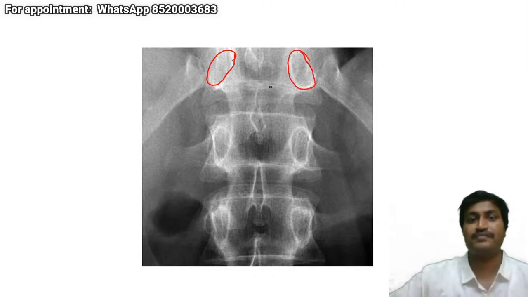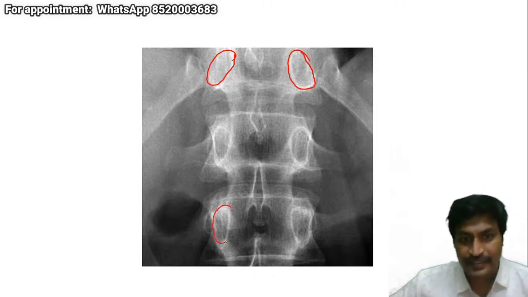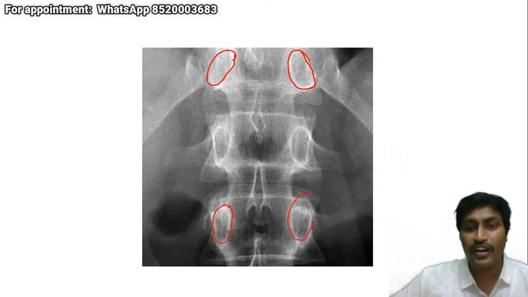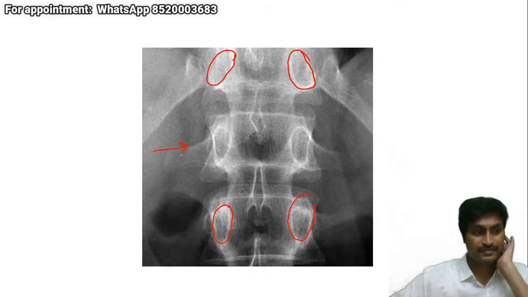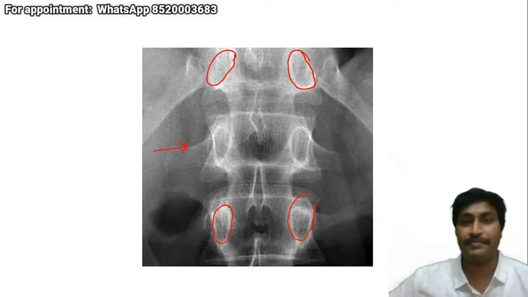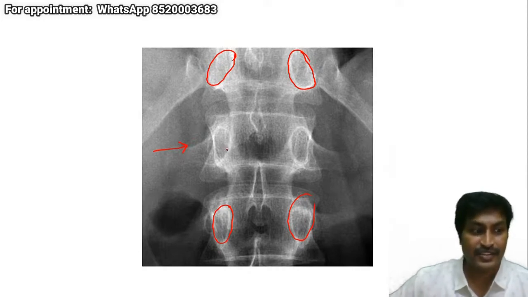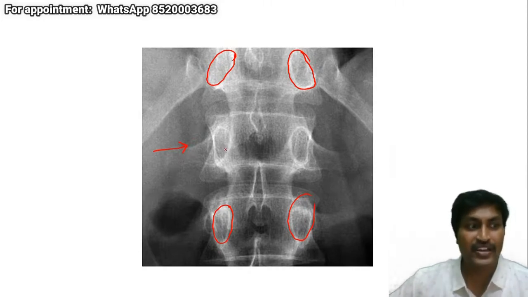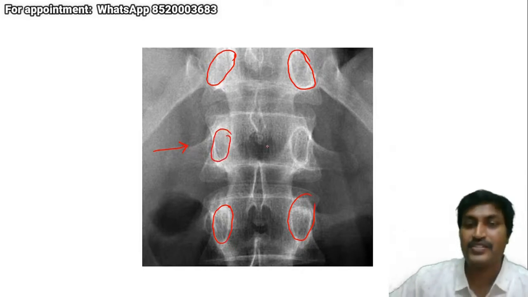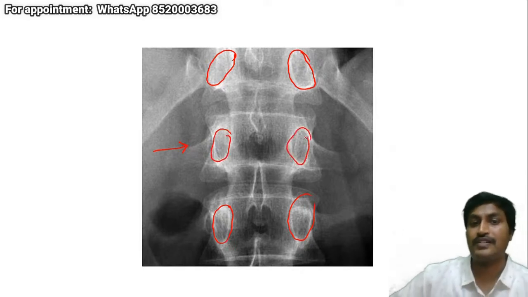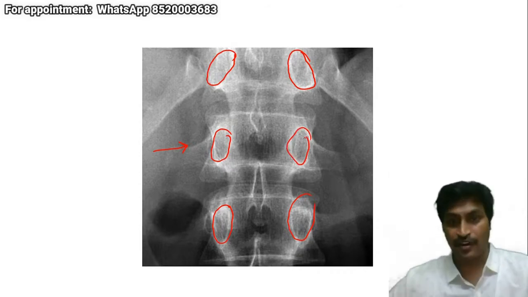Pedicles. So this is the pedicle. So all of you identify the pedicles at this level. I think every one of you can identify the pedicle at this level. I'll wait for a second. Once you identify, I will go next. Yeah. So this is the pedicle. So these pedicles form the middle column. So now I have identified the middle column also.